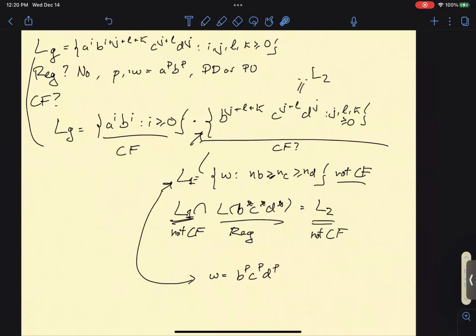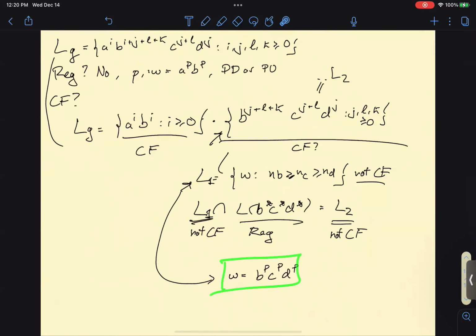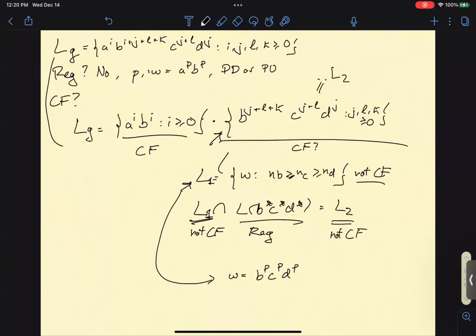Okay, so maybe I shouldn't just say it's the same. So let's actually try to prove this. We're doing the pumping lemma. So now I'm going to prove that this is not context free, and I'm going to use a pumping lemma proof. And this is going to be the string that I pick,